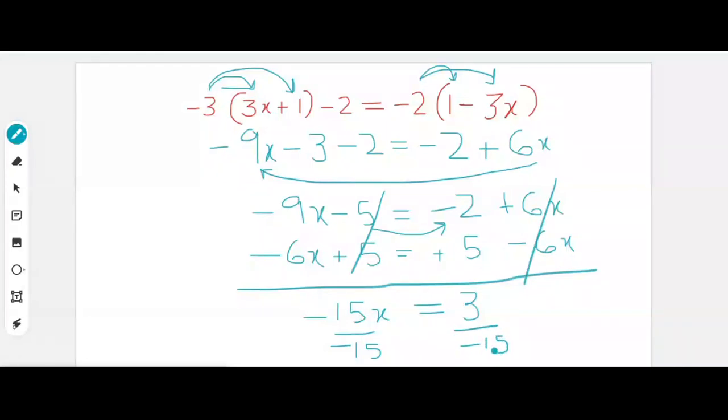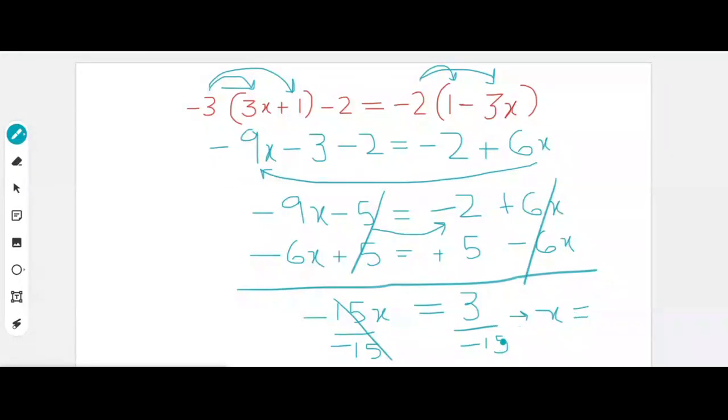And why do we divide by negative 15? Because we need to eliminate 15 from the left hand side, and the 15 is multiplying with x, so we need to divide. We will always do the opposite operation to cancel the number. So minus 15 over minus 15, this will be cancelled, and our final answer will be x equal to,